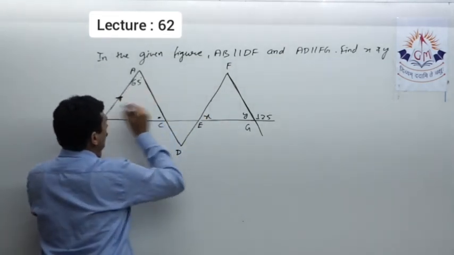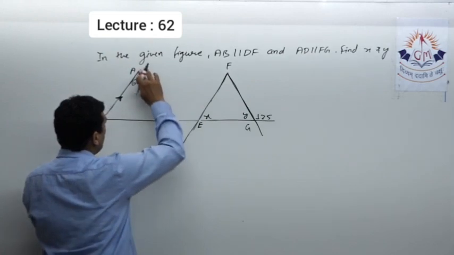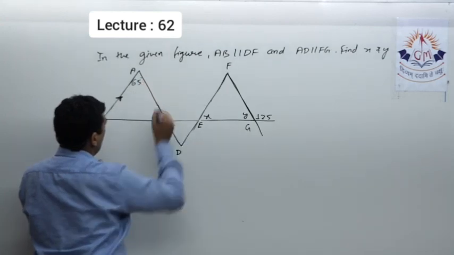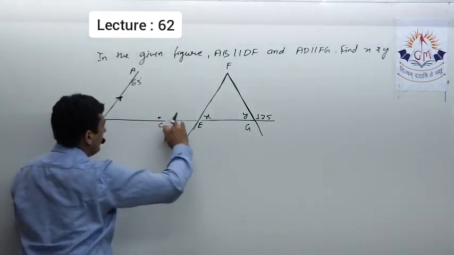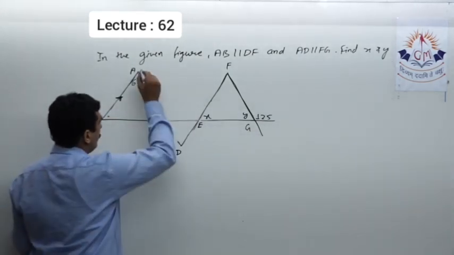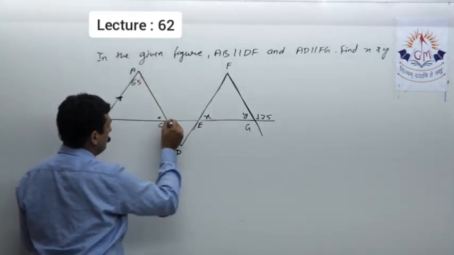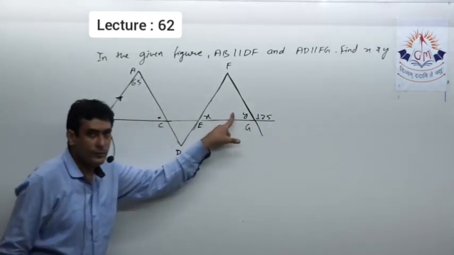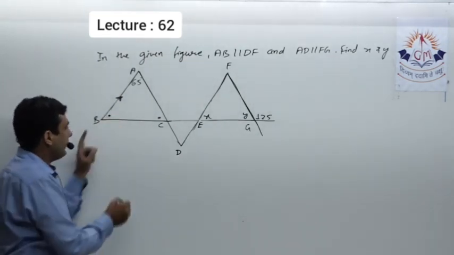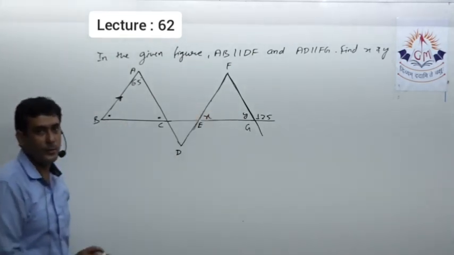This is also given that this line is parallel to this line. So now if I remove this line for a while, this x and this will be corresponding angles, isn't it? So what I actually have to do, first I have to find this angle with the correspondence with y. After getting this angle, by angle sum property I will be able to find this angle, and this angle ABC is corresponding with angle x, so I will get the measure of x.